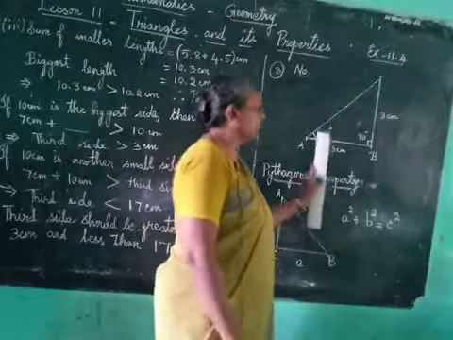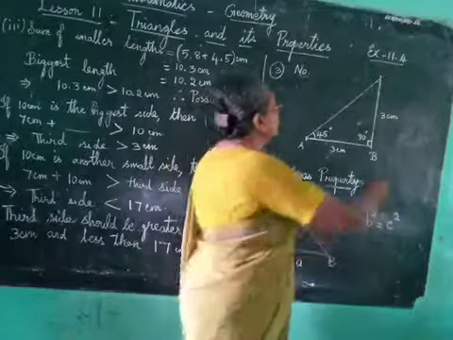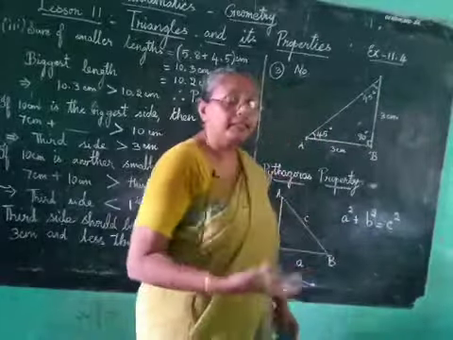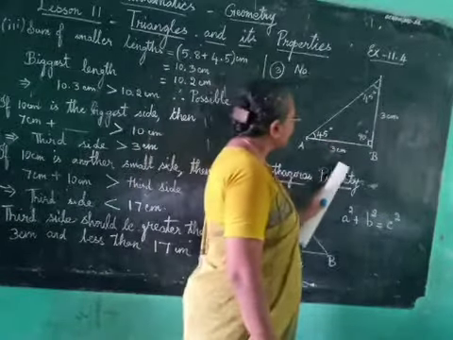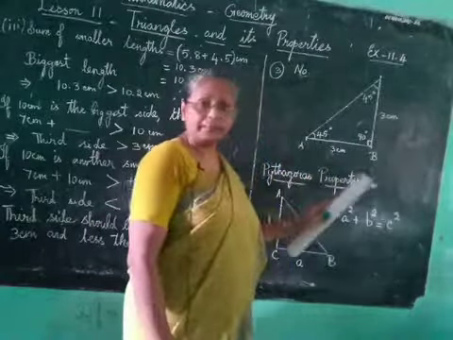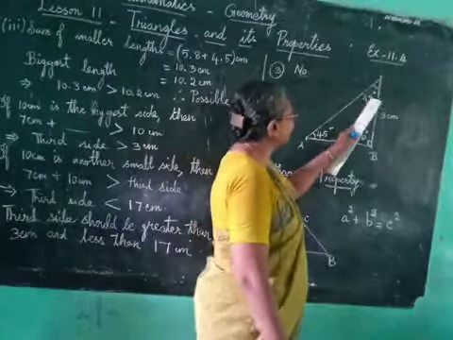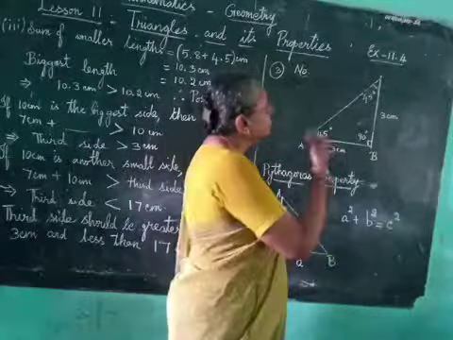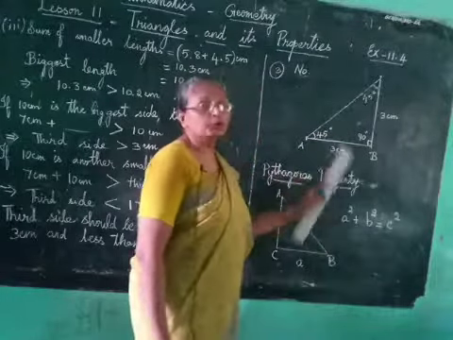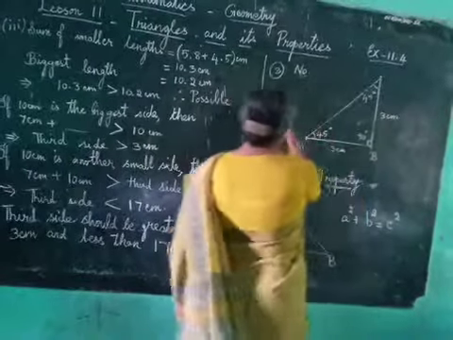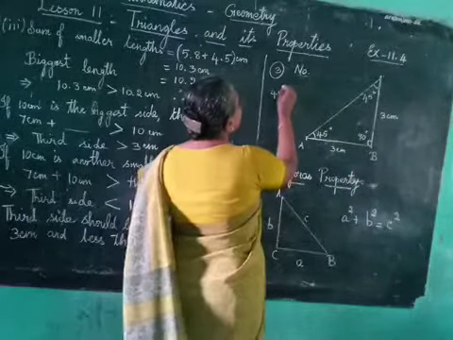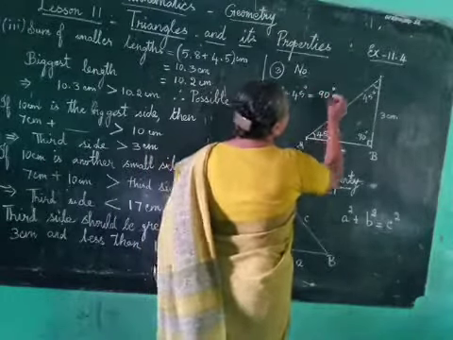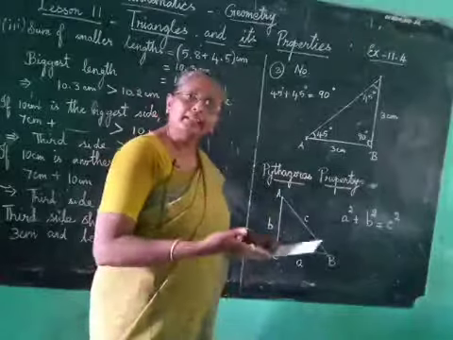So naturally, when we add the angles, this angle also will be 45 degrees. As we have seen earlier, in any isosceles triangle, the angles opposite to the equal sides will be equal. Therefore, this will be 45 degrees, this will also be 45 degrees, and this we have taken to be 90 degrees. In this case, what is the sum of the two smaller angles? It is 45 degrees plus 45 degrees, which is 90 degrees.